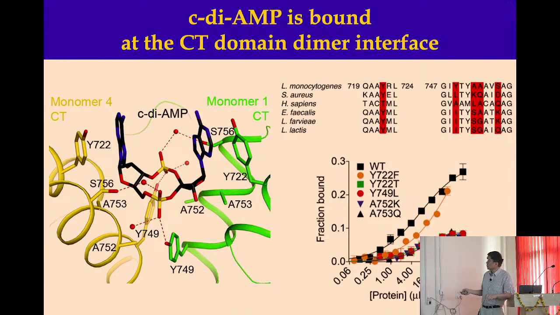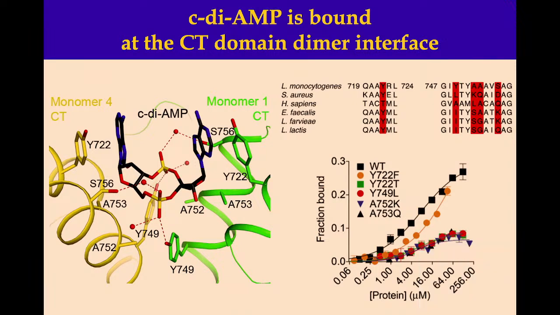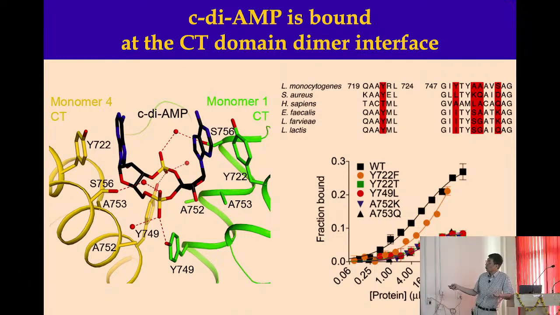So what Josh did is he mutated these residues. The wild-type enzyme is sensitive to cyclic AMP, and he changed the tyrosine to a phenylalanine. It's okay, so pi stacking is important. The hydroxyl is not; the structure says the hydroxyl is not really directly involved, so that's okay. And then when he changed the tyrosine to a threonine, which is the green symbol here, you can see you lost sensitivity. So confirming that the human enzyme is not inhibited, also showing the importance of the pi-pi stacking in the interaction.